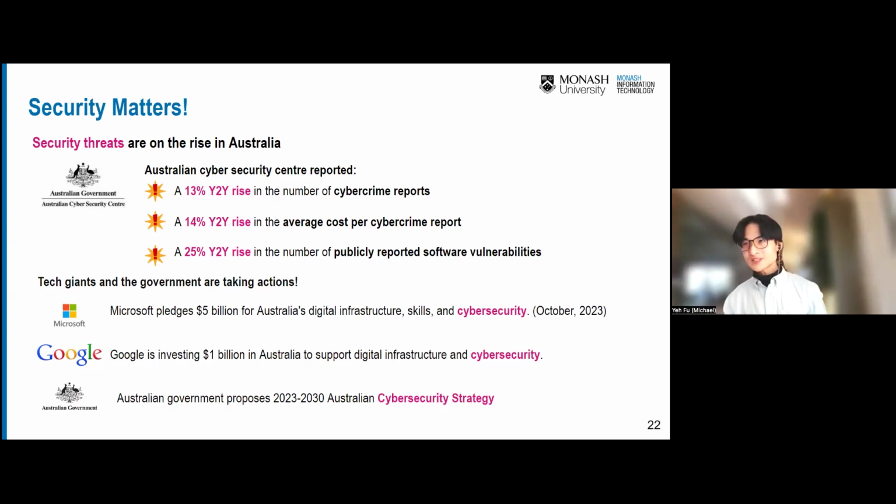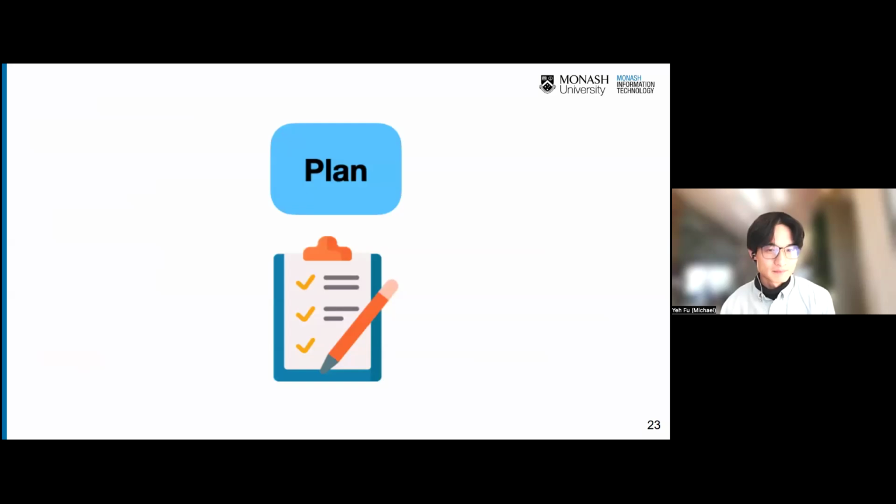So probably you know the classic cases are Medicare 1 or 2 years ago, and another really serious one is the Optus one, right? There are many data breaches happening out there. So we really need to take security seriously.